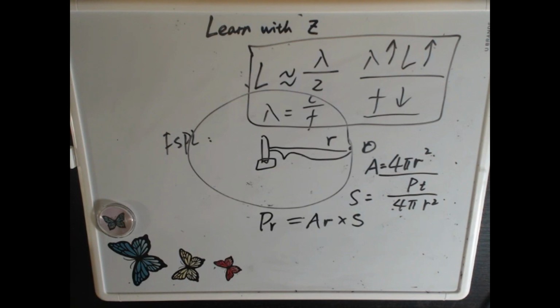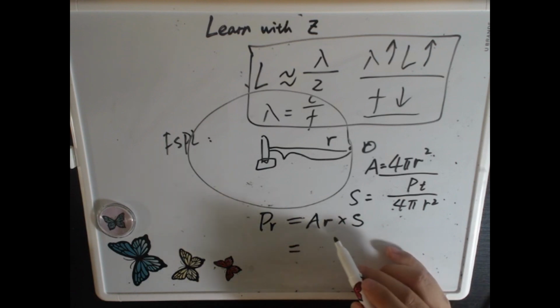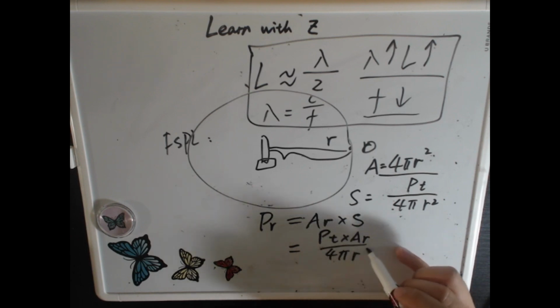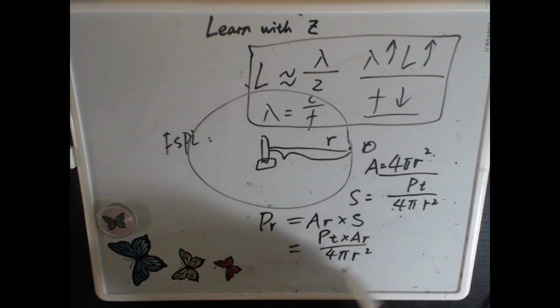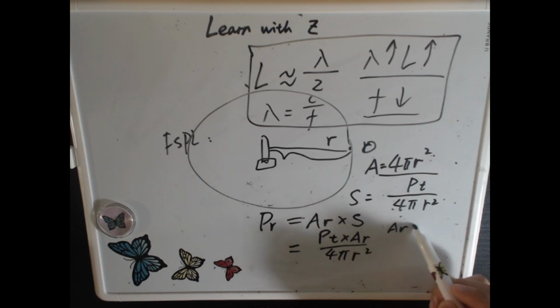It will depend on the power density at that point and the effective aperture of that point. So what we get is, right, put it here, right? And we also define that AR equal